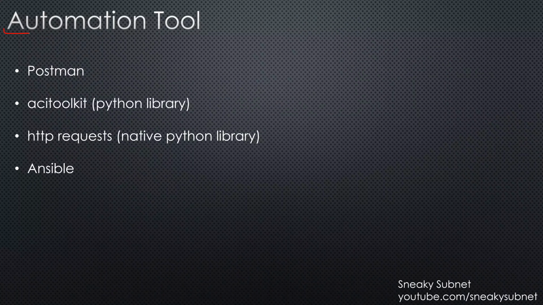So, when you have a good understanding of the ACI object model and its REST API, at the next step you can choose an automation tool. In this video we will talk about Postman, ACI toolkit, HTTP requests, and Ansible. But again, this list is not comprehensive. If you know another automation tool, or another programming or scripting language, maybe Ruby, maybe Perl, maybe something else, and you know that your language can